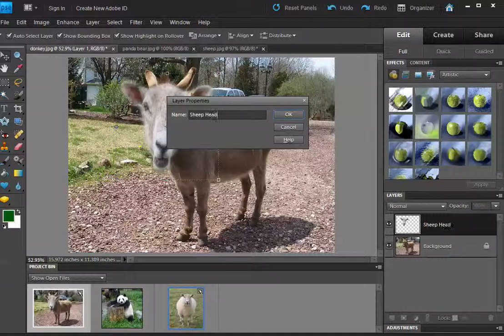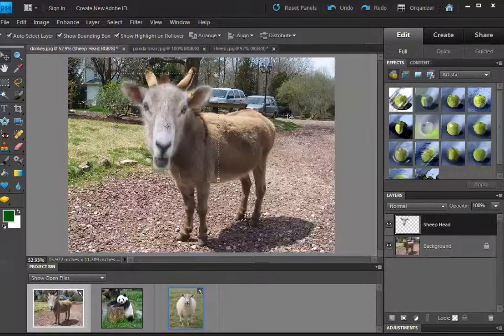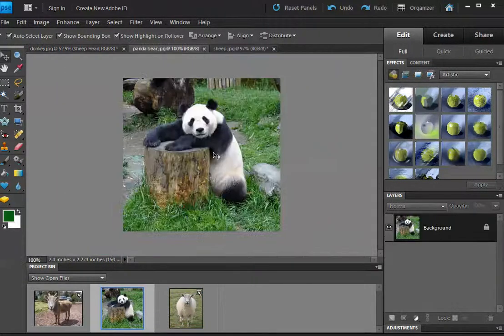and I'm going to just label this sheephead, and I'm going to hit OK. Now, after I have selected it and repositioned it, and you can see that it's kind of a fuzzy edge, blends in well. I'm going to click on the panda, and I'm going to click Z or the zoom tool,